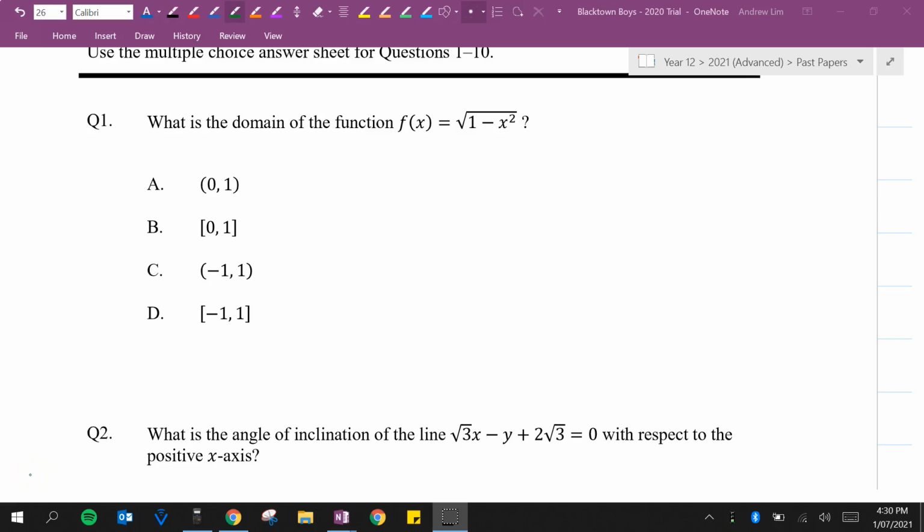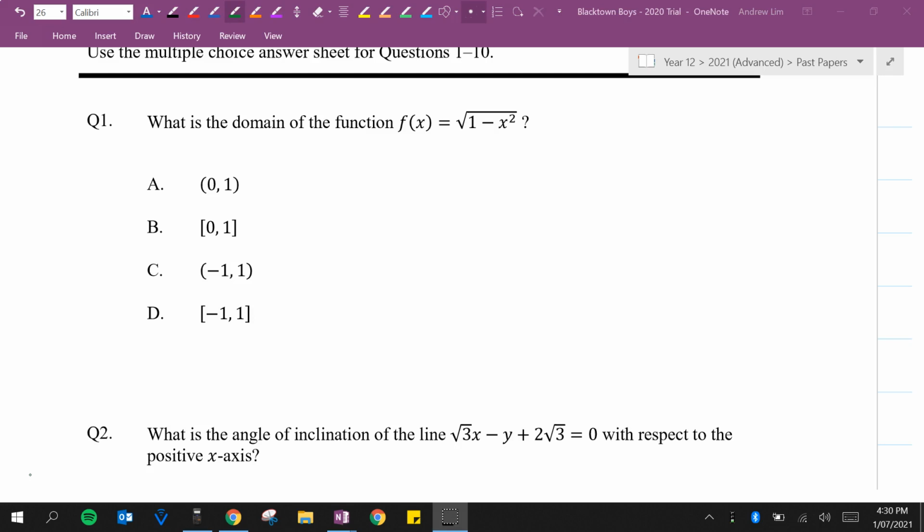Okay, so in this video, I'm going to go through the 2020 trial HSC for the Blacktown Boys High School, just the multiple choice section. So question 1, what is the domain of the function f of x is equal to the square root of